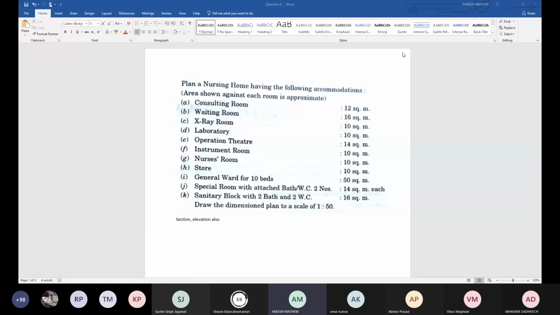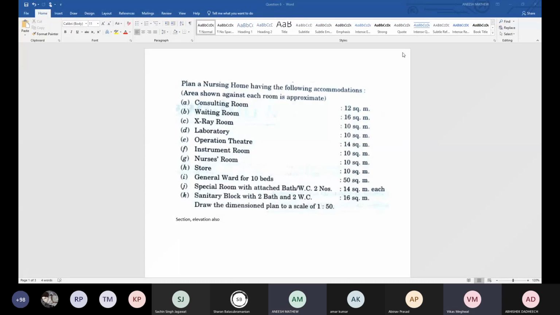You need to show the plan today itself, the line sketch and plan. You can leave now, no problem, but before the class ends, you have to come and show me. That's all.